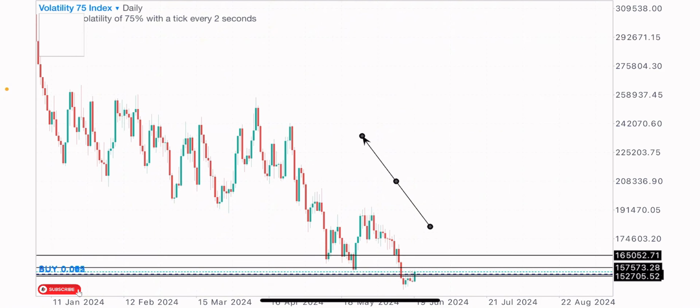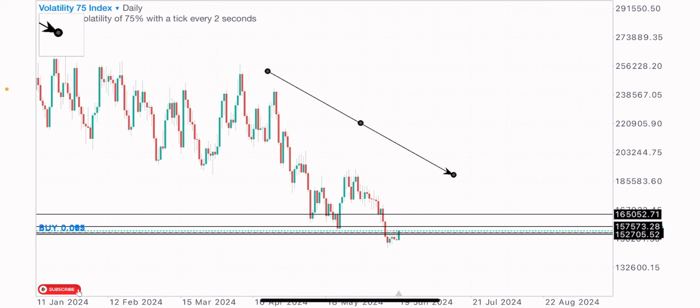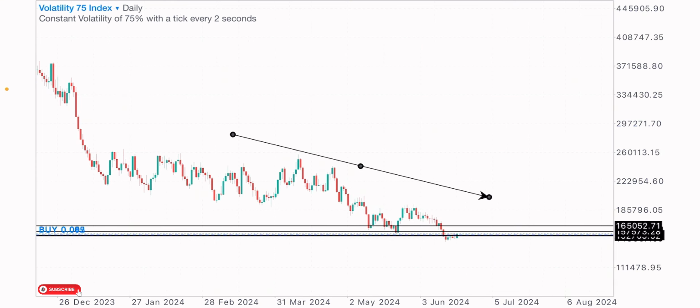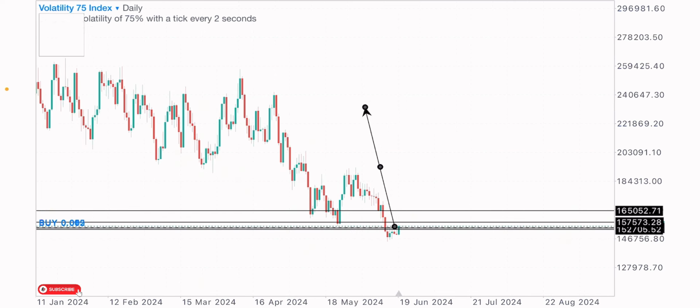So on the daily time frame, this index has been on a massive decline. This index has been bearish for a very long time now, creating lower highs and lower lows. And you guys know that I always do well to analyze from a higher time frame, so I can see the bigger picture of the market. It's either I start from the daily time frame or the weekly time frame or the monthly time frame. So I analyzed this index starting from the daily time frame, and the daily time frame trend says